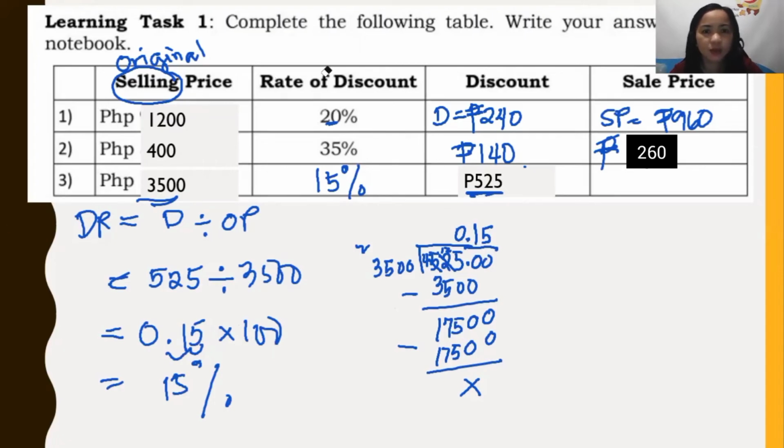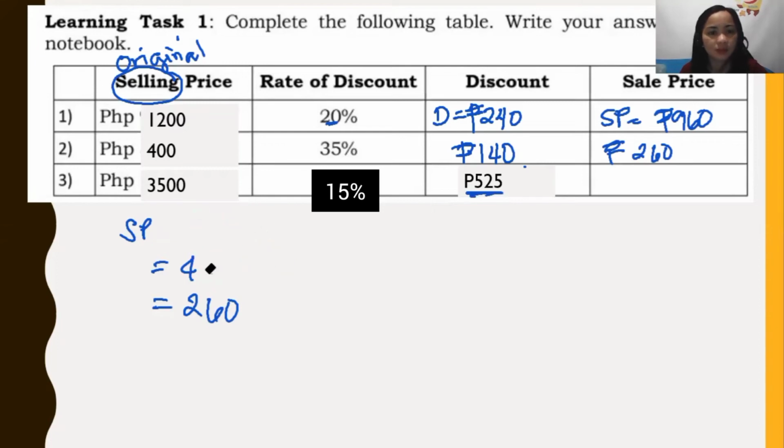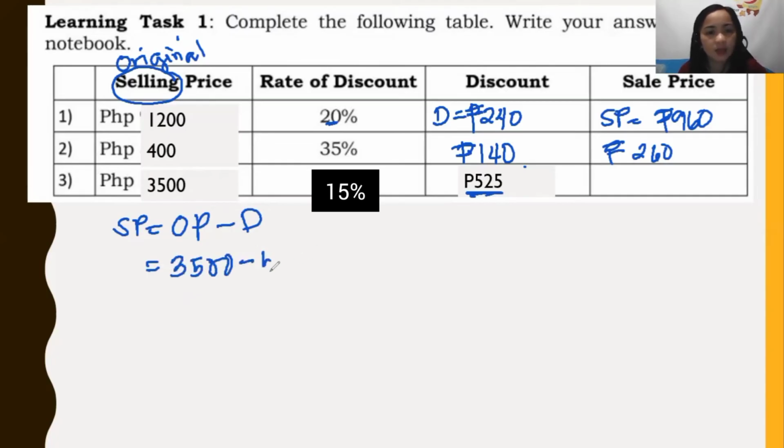And now, we'll compute for the sale price. Now, we'll compute for the sale price of number 3. So, if the sale price is equal to original price minus discount. If the original price is 3,500, ang discount ay 525, we subtract 3,500 minus